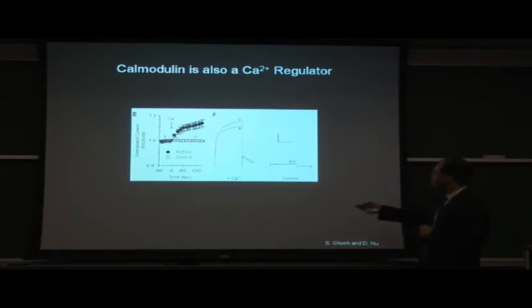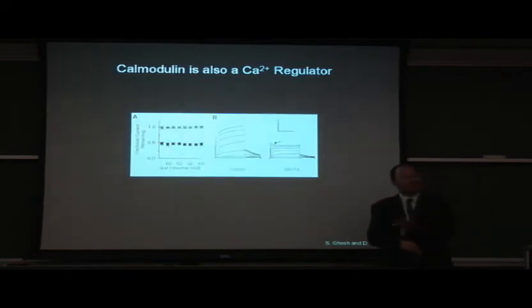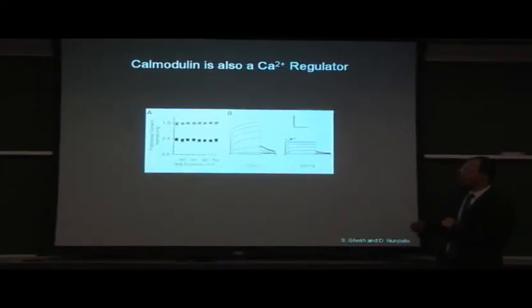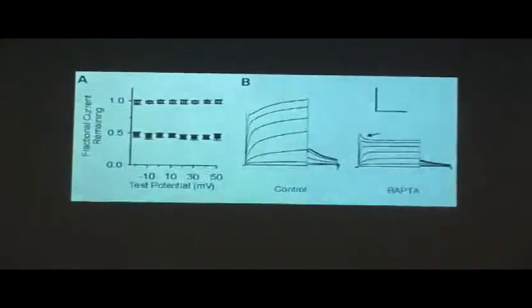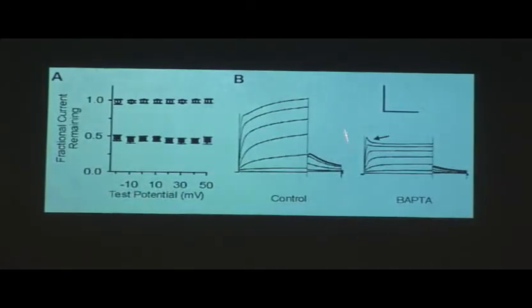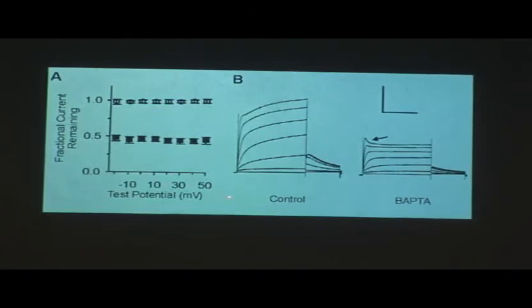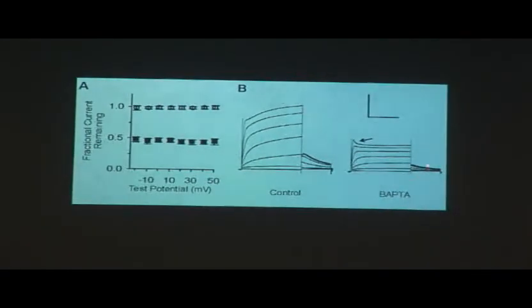And so here are just traces from an oocyte expressing KCNQ1 and a control oocyte. Going in the opposite direction, here are data where we expressed KCNQ1 in an oocyte, and then we record a set of currents, just do the whole IV curve, and then in the same oocyte, we inject back the chelator to lower calcium to below physiological levels. And you can see two things. One is a reduction in current, and that occurs over all the test potentials within the physiologic range. And you also see the presence of this kind of marked macroscopic inactivation.